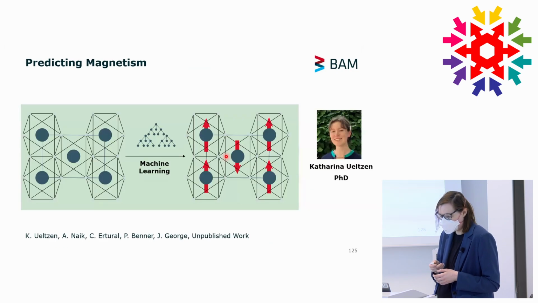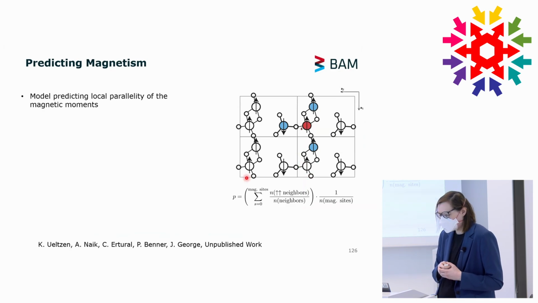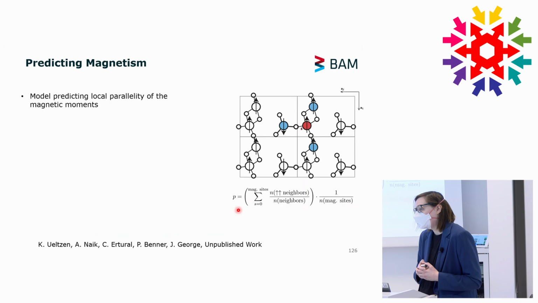Unfortunately, we have only 450 data points. We cannot learn all spin states in such a structure, not possible. And that's why Katharina came up with a different way to describe the spin states and also include a descriptor for